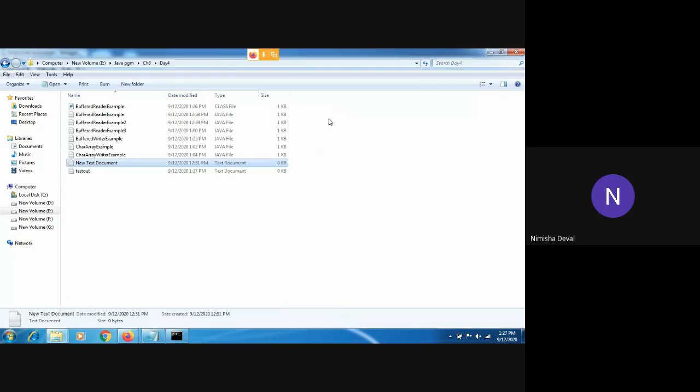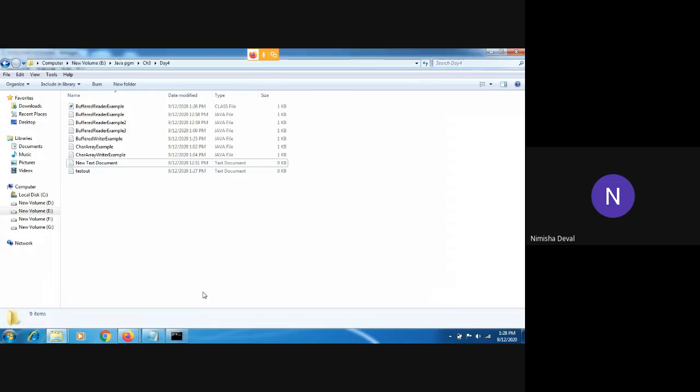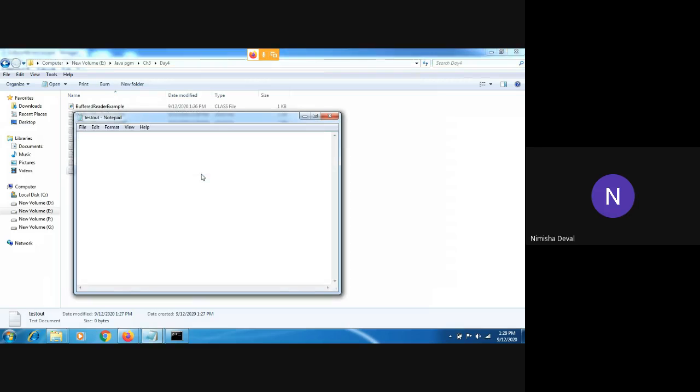This is a blank file that we have created. Now you can check it. There is no necessity to recompile it. For compilation, there is no error. The exception was only at the time of execution, because that file was not present. Now you can see there is no error. Now again open this file.